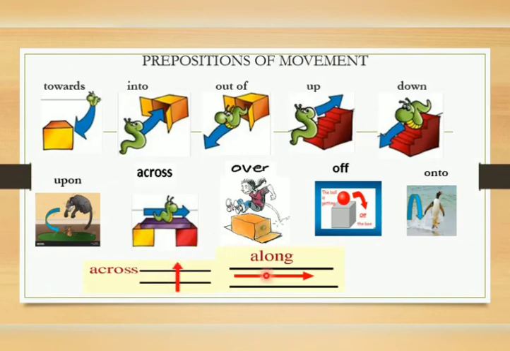Along is by the length of an object, whether you take a road or river or seesaw, you can take anything. Over, over when there is a movement. Here you can see that the child jumps over a block. Off, off indicates a separation or disconnection. Here you can see the ball is getting off the box, it is getting separated from the box. Onto, here you can see that the penguin leaps onto the land.